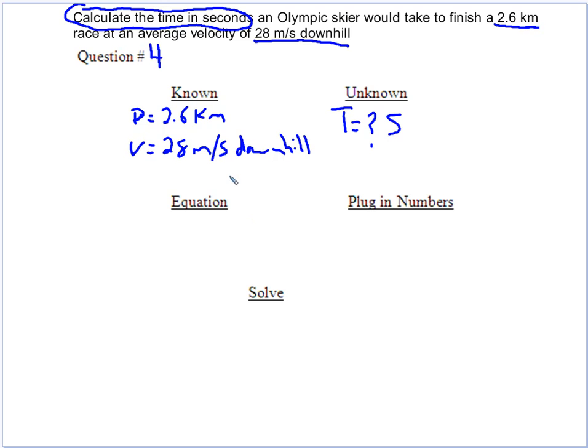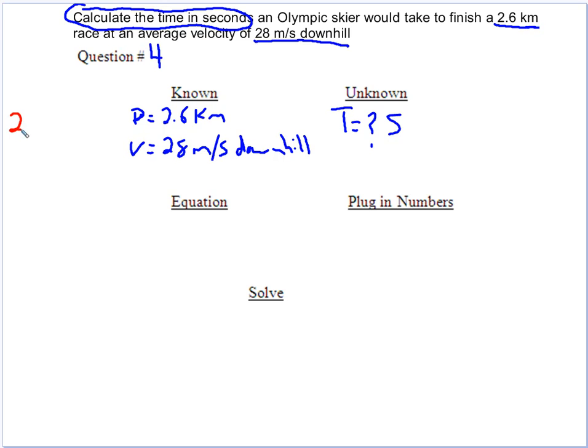For example, we have kilometers and we have meters. We're not going to be able to cancel those two units because they're not like units. We need to convert kilometers to meters, so then when we get to the plug in the number portion, everything will cancel out. So over here off to the side, I'm going to do this conversion real quick,